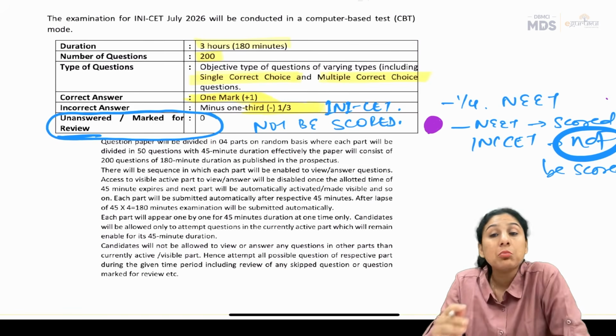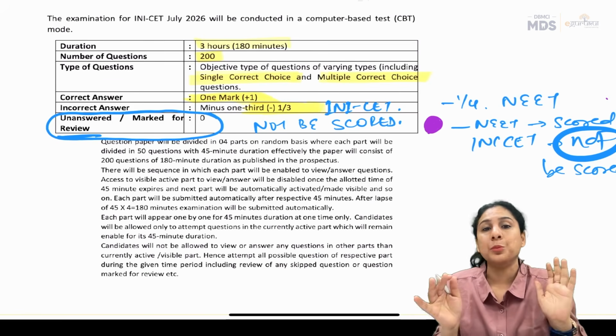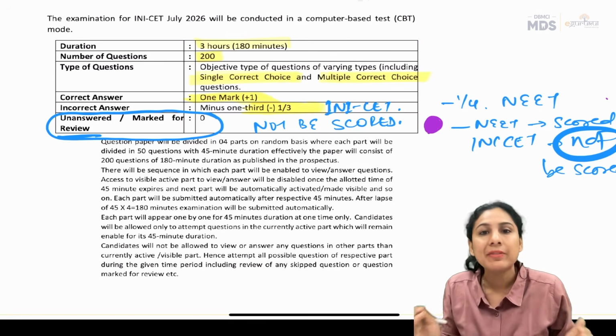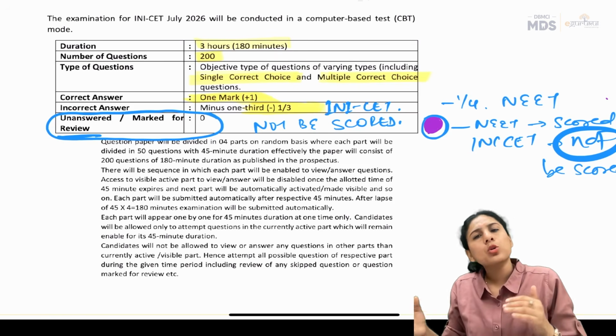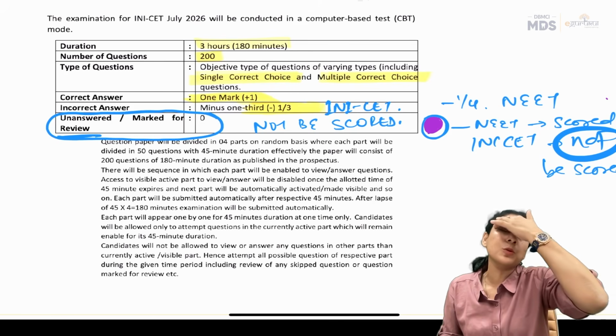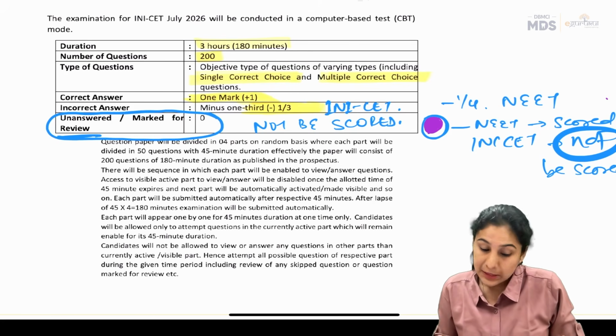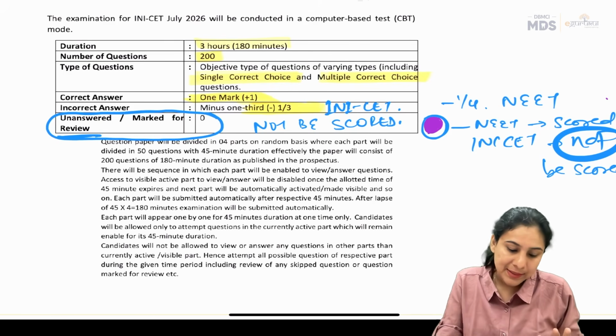So if you want to mark, like I always say, don't leave any purples. Either make it green or leave it red. Don't create confusion by making this purple. You can go back to all the reds if you want to go back. Don't create this confusion of purple. The pattern, like I said, remains the same.